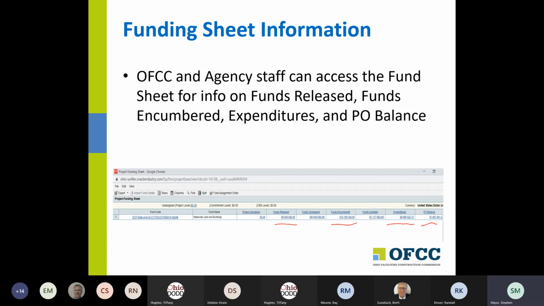And then as you create your purchase orders and your vouchers in your financial system of record, you obviously consume from those funds. In OCI, we would have a record that would reflect that same consumption. So OCI should show the construction management staff the remaining amount of state funds and local funds